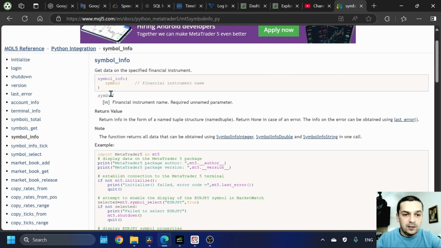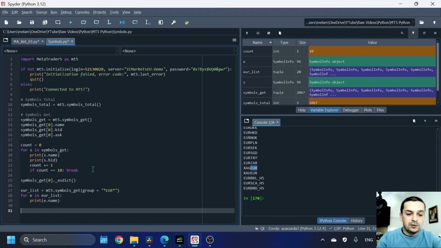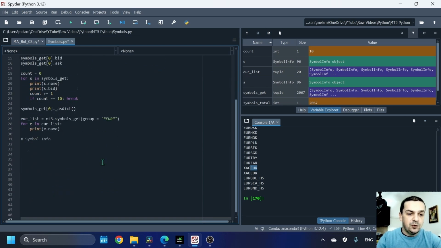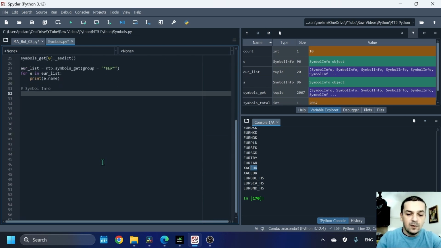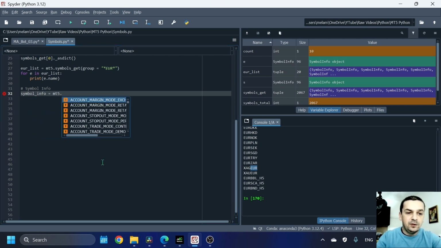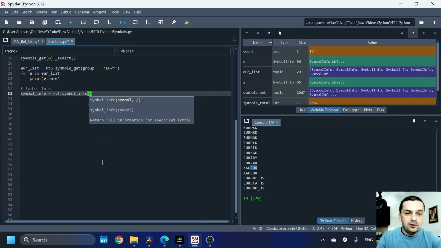symbol info. And again, if you want to access the information for a particular symbol, you can type as a string the symbol name, and the return data will be in the form of a tuple, and in case of an error you will get none. So let's go and use this symbol info. Just let me create more space, and symbol info variable will be equal to MT5 symbol info, and you can see here, let's use this time